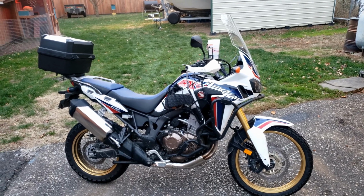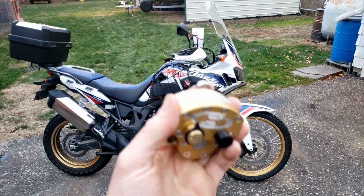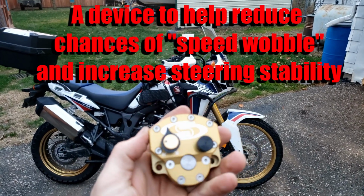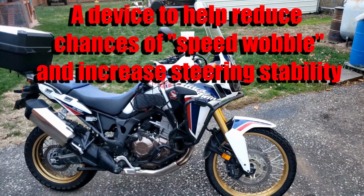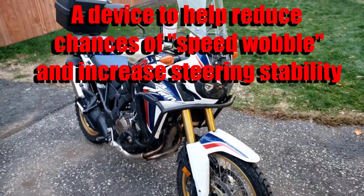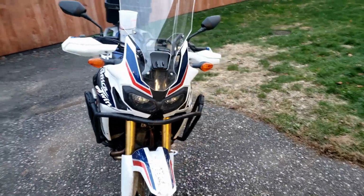Hey, No Nonsense Know-How here again, and I'd like to try and do a quick video showing you how to install one of these Scott's steering stabilizers on this 2017 Honda Africa Twin. I've had this bike probably 6 to 8 months. Phenomenal motorcycle. The only one of my bikes that does have a steering stabilizer is my 1978 KZ1000, and that's